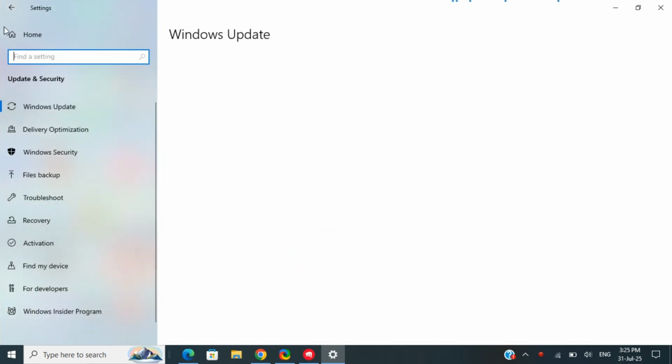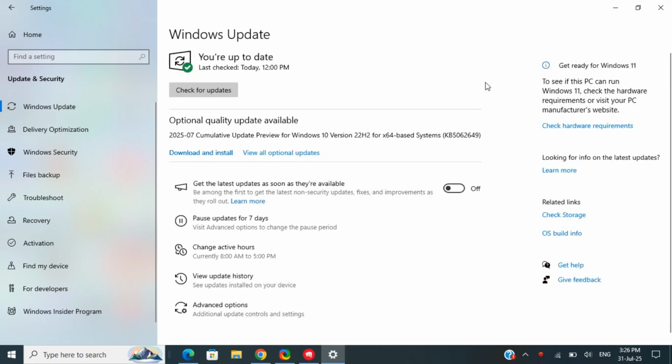And then once you get to this Windows update screen here, on your left side you've got Windows update, just click on it. And then here, you will see if there is any update for your Windows. If there is an update for your Windows, you're going to click on check for updates and look for any